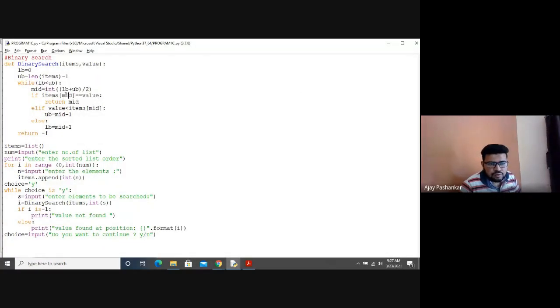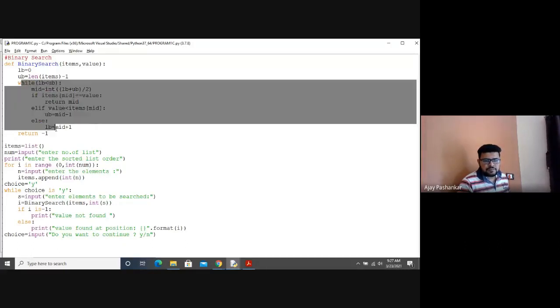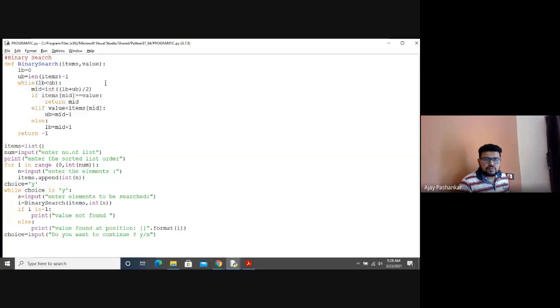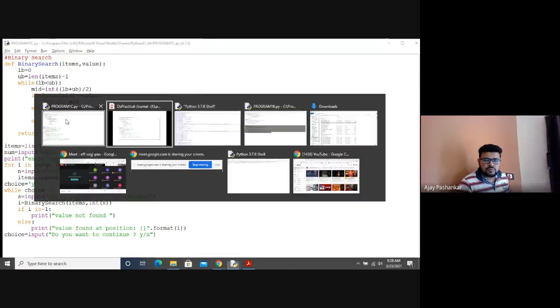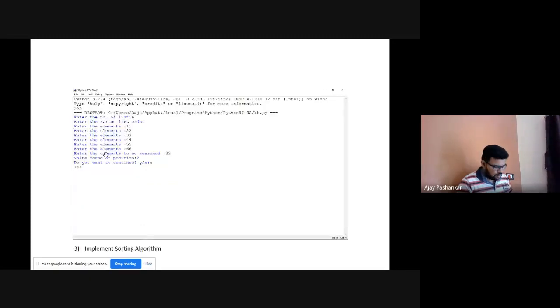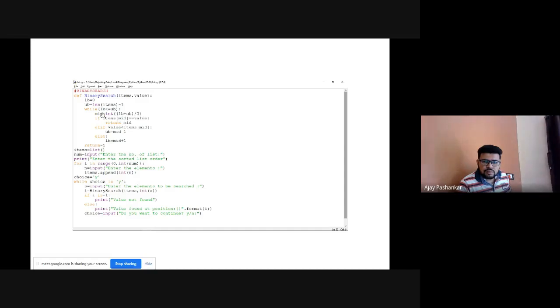Items mid equal to value. Value is written mid, an issue. So there is a problem here, in this question. Value should be, wait, mid int of lb plus ub divided by 2.